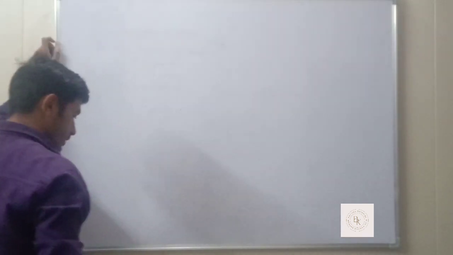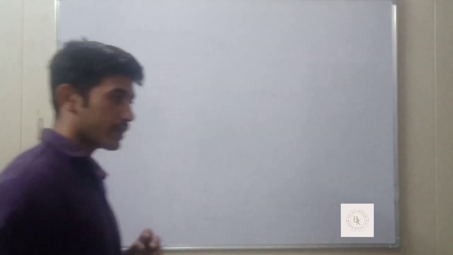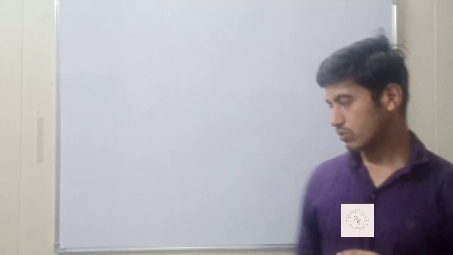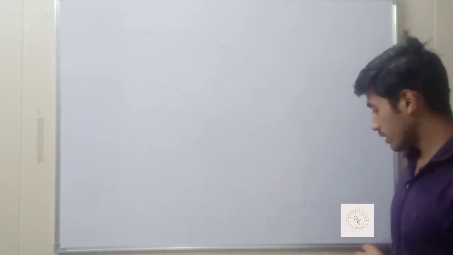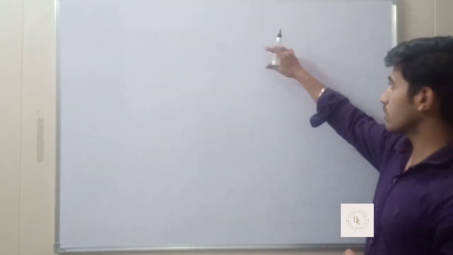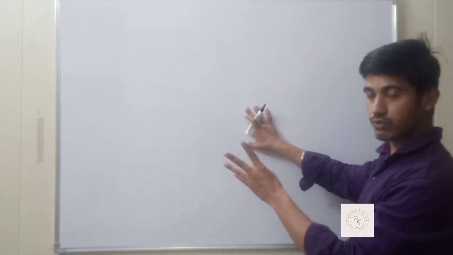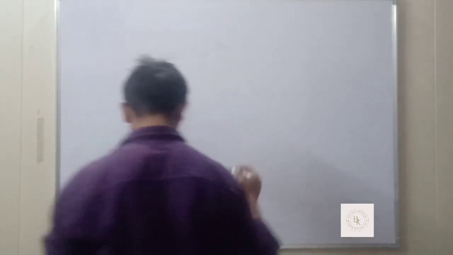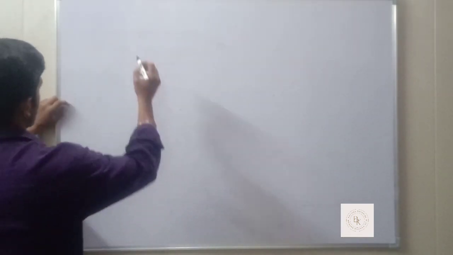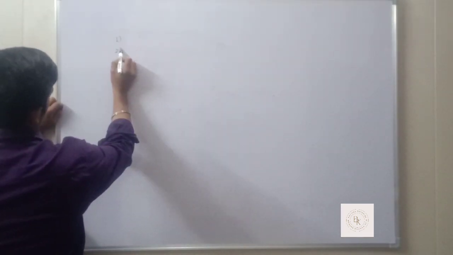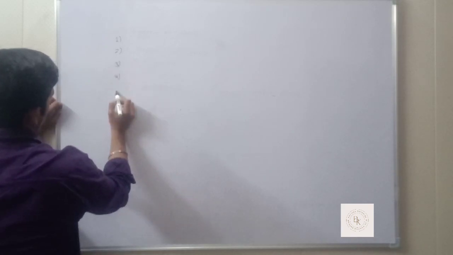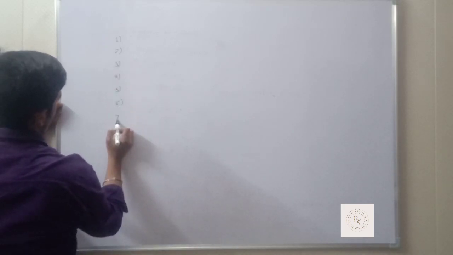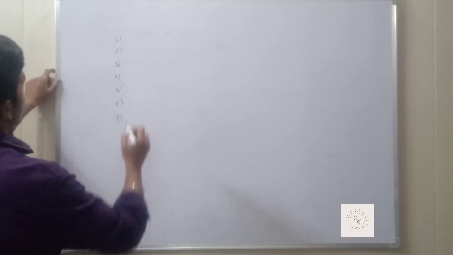So right now I am writing down some basic physical quantities like length, mass, time, temperature, pressure. In the second column I will write the units for measuring these basic physical quantities, and in the next table I will use some abbreviations. There are 7 basic physical quantities: 1, 2, 3, 4, 5, 6 and 7.